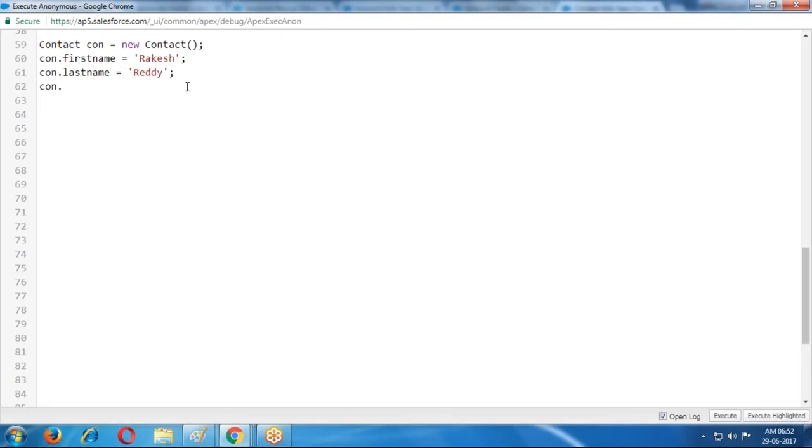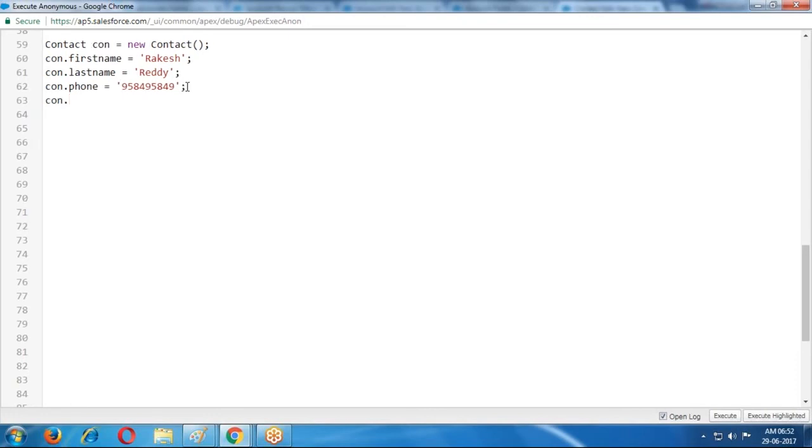Contact.Phone, you can provide some phone number. You can provide any number, it is accepting.